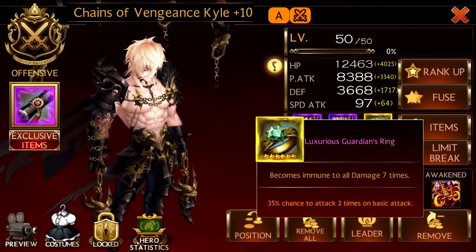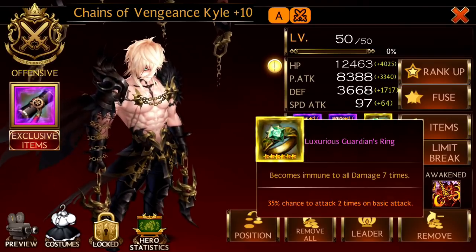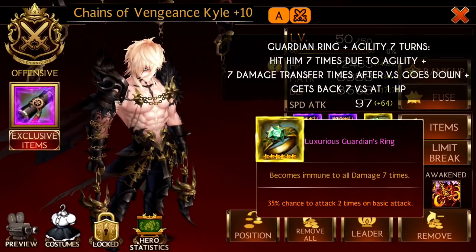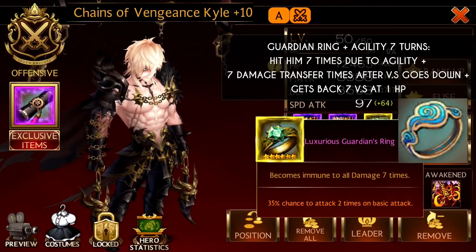I feel that Guardian Ring is gonna make a very strong comeback. So you guys have to keep storing up on Guardian Ring now, because 7 times is gonna be something. Definitely gonna be something, especially if you pair it with agility. And I think for Cal, Guardian Ring and agility is gonna be a very insane combo. Why? Because